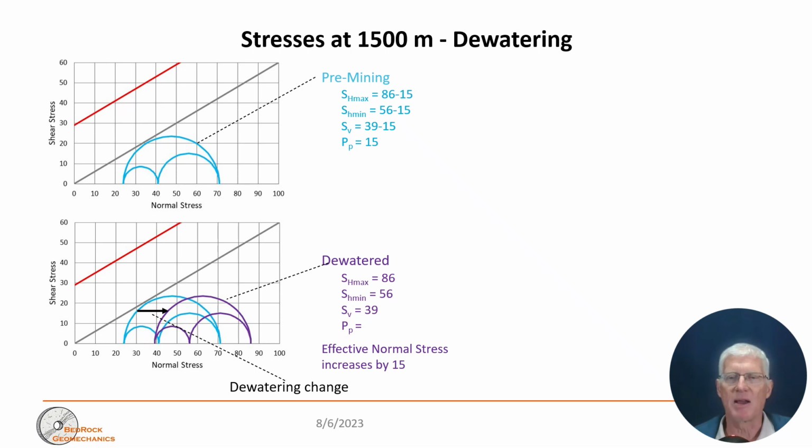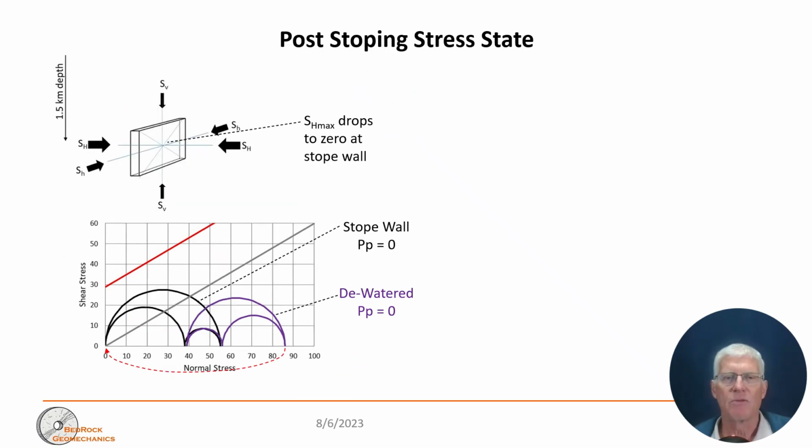So that's the pre-mining. And now we're going to consider, well, what happens if we take out that stoped area? So remember, the stope is perpendicular to the most compressive horizontal stress, or S capital H or SH max in the other terminology. So right at the wall of that stope, because there's no shear stress involved in the stope wall, no stress on that wall, SH max got to drop to zero right at that point, right at the